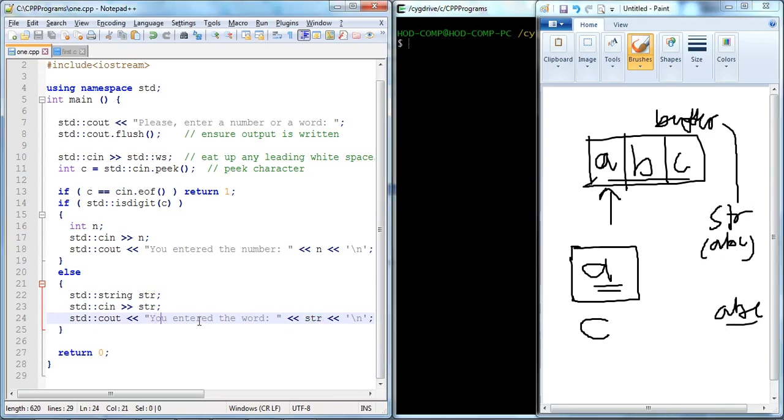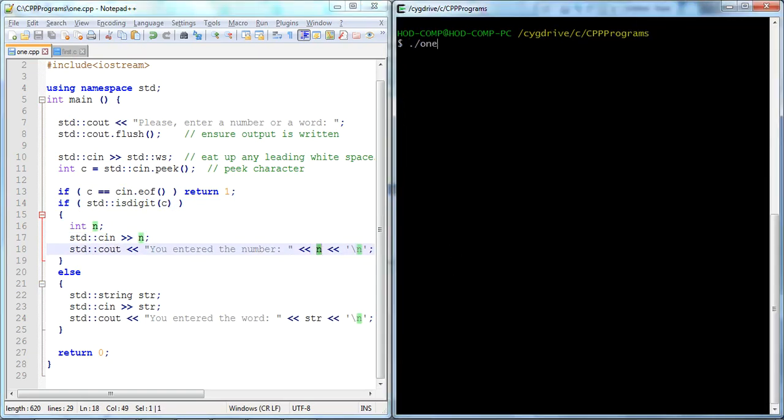You entered the word, whatever the word is. Before that, if the given input is 1BC, we copy the 1 into C, then this condition is true. isdigit is a function which verifies that the given character is a value from 0 to 9. If it is, it's true, then it copies the 1BC into n, and then it prints n. Simple. That is the use of the peek function.